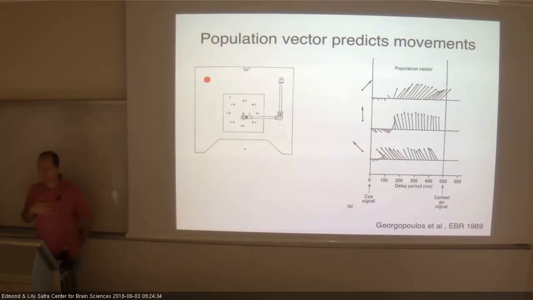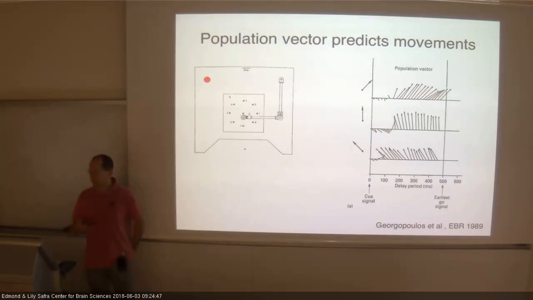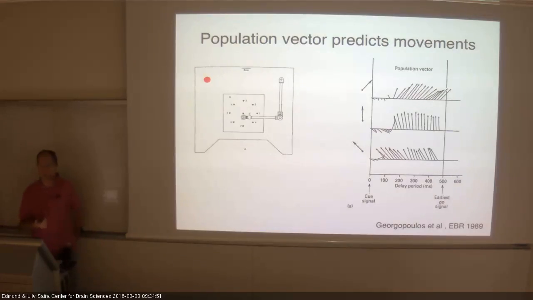And what Georgopoulos showed here is that the population vector during the preparation will already tell you the direction that the monkey will move. So it tells us that we have all this information about the future direction of the movement, but it also tells us a way in which we can decode it. Just take the population vector. And again, this is related to